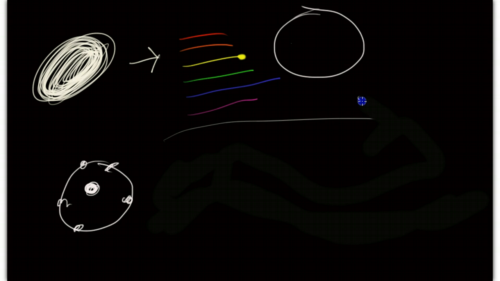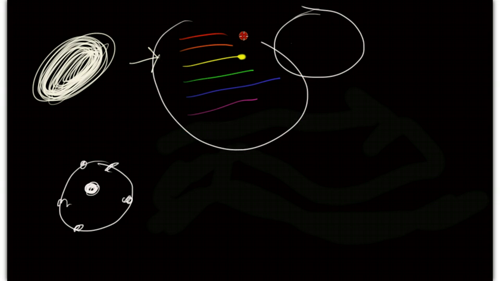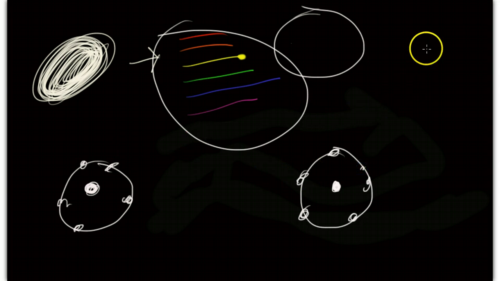Okay, so we know that with the white shirt, the white atoms don't resonate with any of the light. They don't resonate with any of these colors, right? None of them. Doesn't resonate with any of these guys. So what happens is he spits them all out. What about with black? So how about these black atoms? Okay, I'm going to draw them in white again, because we have a black background. But when black atoms, or atoms that are in something that's black, are hit with white light,